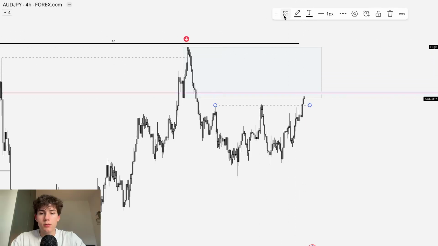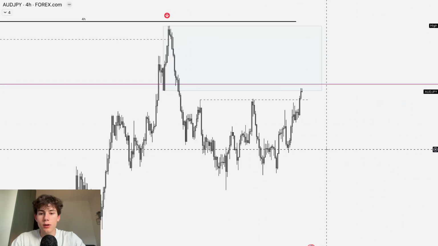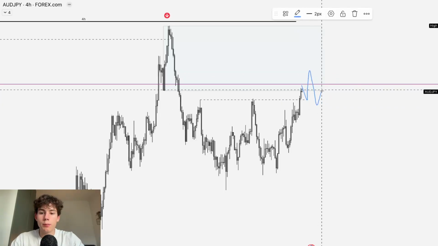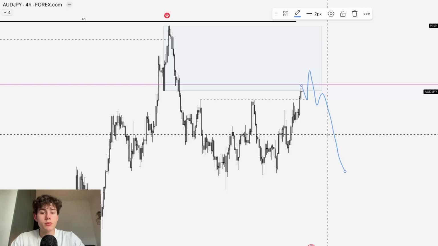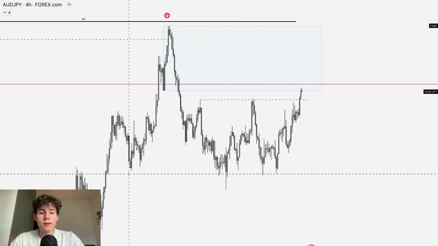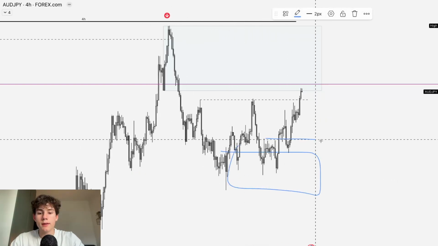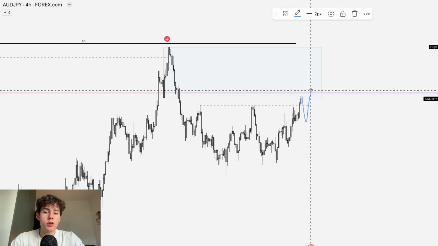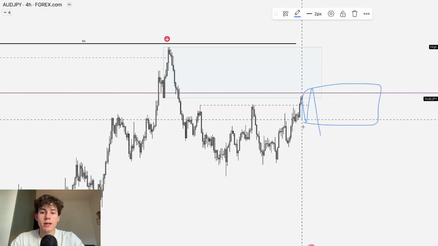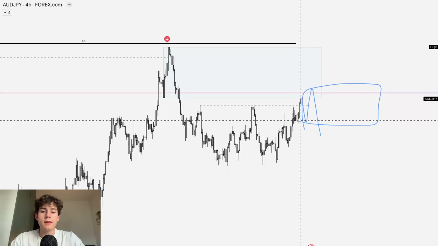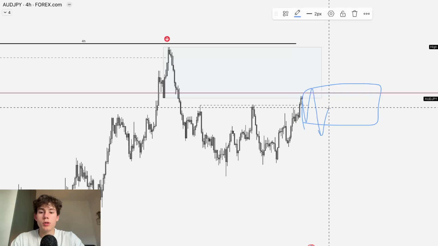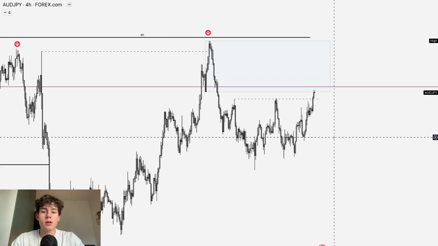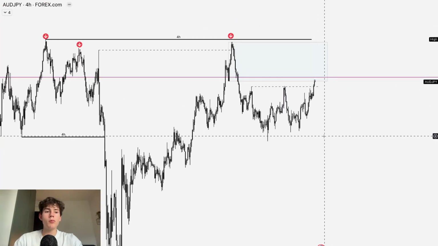And then this is going to be the liquidity that you have taken out. So what I'm going to be waiting on is my 4-hour confirmation in order to actually take some short setups. Of course, you can see that after this liquidity grab, we are respecting lows and moving up higher. So I would like to see some sort of order flow switch, actually breaking lows and then creating actual supply, which we could then use to short from to trade all the way underneath these lows. That's my game plan over here on AUD/JPY.